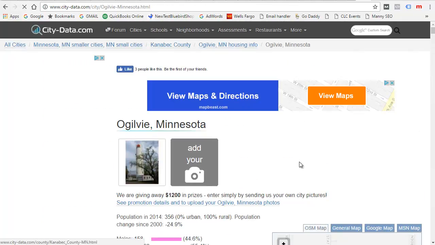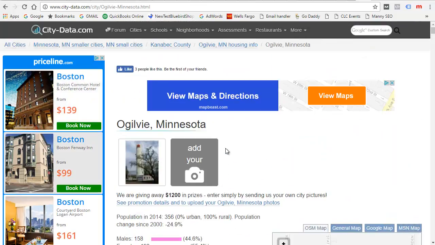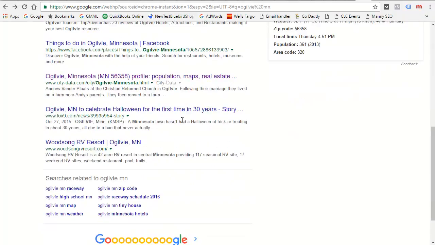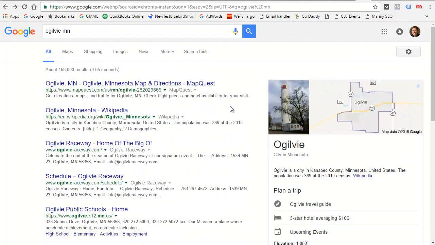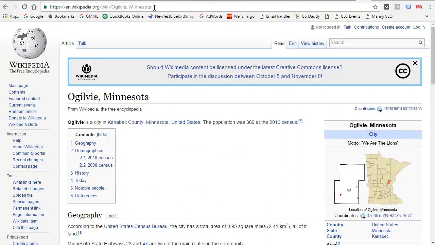And citydata.com, I suppose this is kind of an advertising one, but that might be okay. But let's see if we can find a better one. Just general information that someone would be interested in. You know, you could use the Wikipedia one. That wouldn't be bad. So there's Wikipedia for that. Since they don't have a chamber website and they don't really have a visitors website, so let's just highlight this,